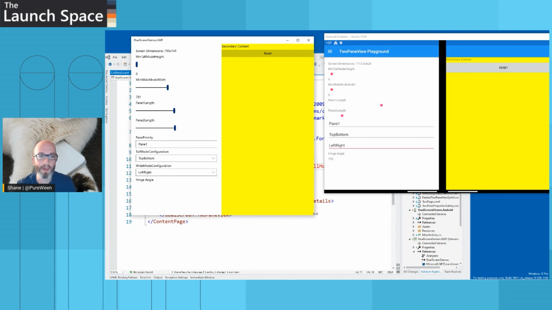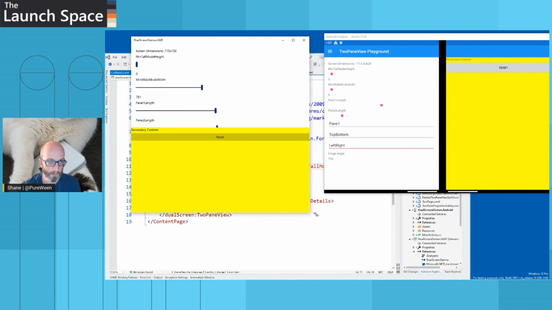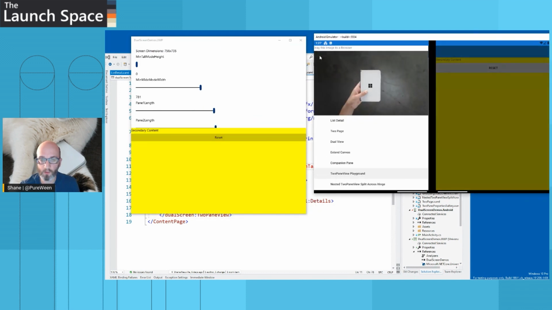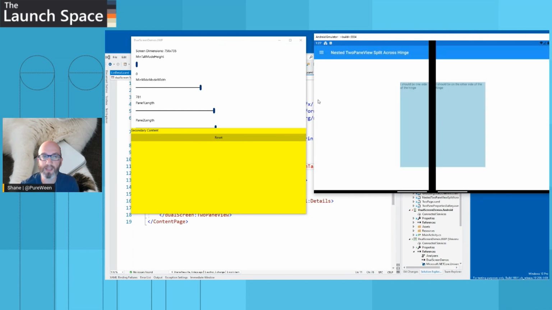So this is the same control. This is a Xamarin Forms app here, and this is a Xamarin Forms app here. So both are running the same code, which is really nice because you can do something like this, say, on an iPad or whatever sort of device that you want. See? Nice. And the nice thing about the two-pane view is that it's not just a full